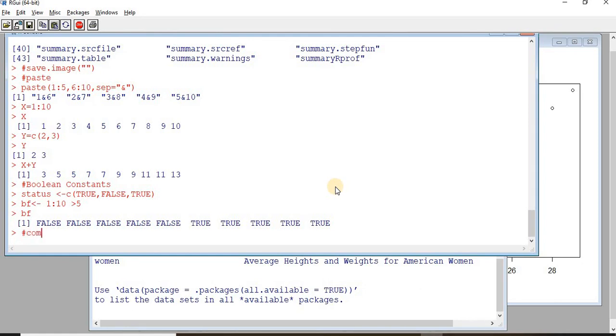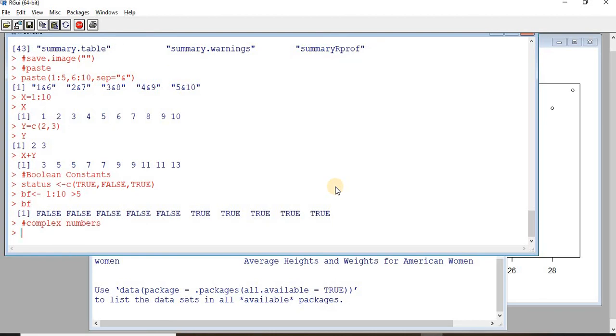The next one will be on complex numbers. So let us take two complex numbers, capital C1. We know that complex numbers have two components, real and imaginary.